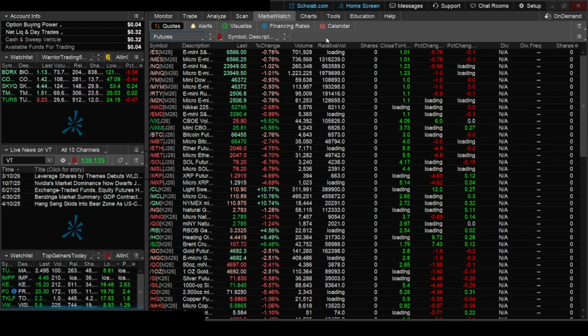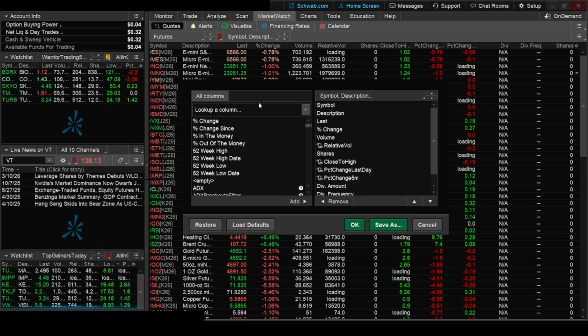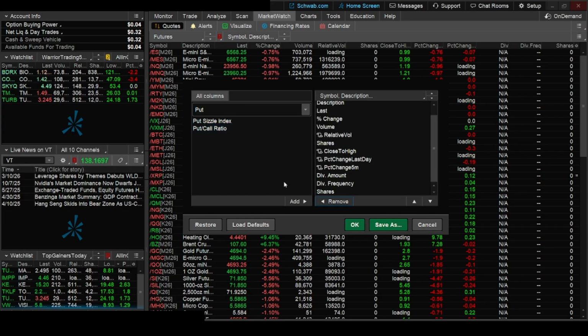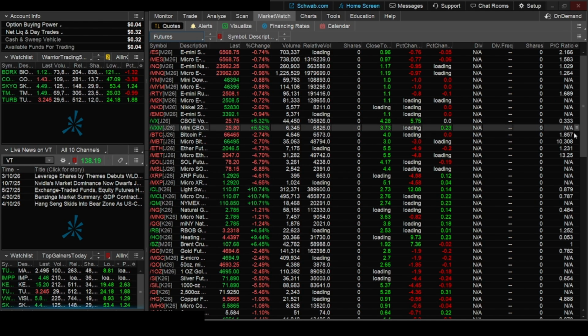Next, you will want to add the put-call ratio to your watch list. To do this, locate the gear icon near your watch list title and click on it. This will open up the customization menu. Here, you can select the columns you want to display. Look for the option labeled Put/Call Ratio in the list of available options. Once selected, click OK, and you will see the put-call ratio appear in your watch list along with the other